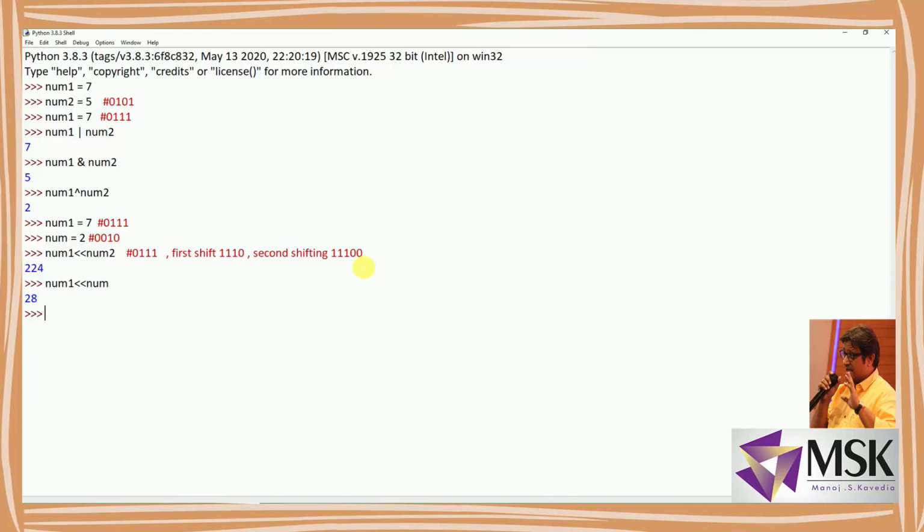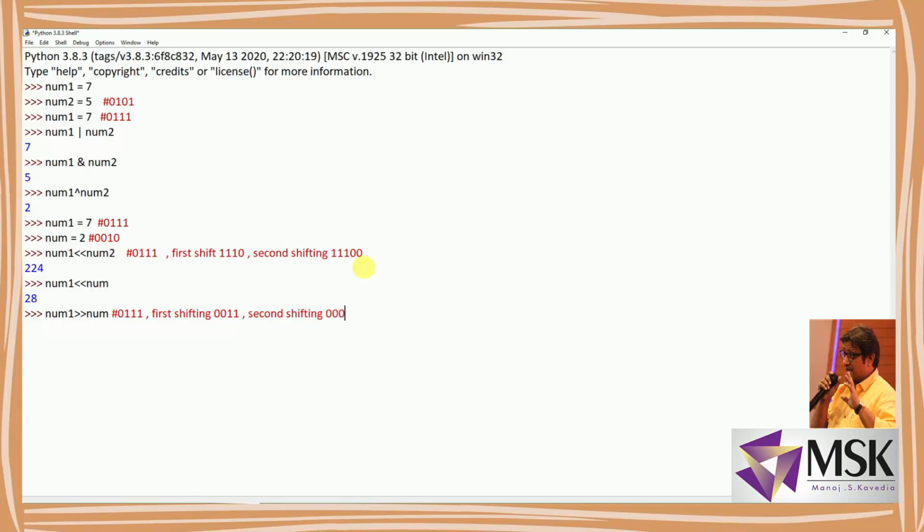Now I'll write num1 right shift num2. So it should shift twice towards the right. The original value is this. First shifting will give me 0011, and second shifting will give me 0001.